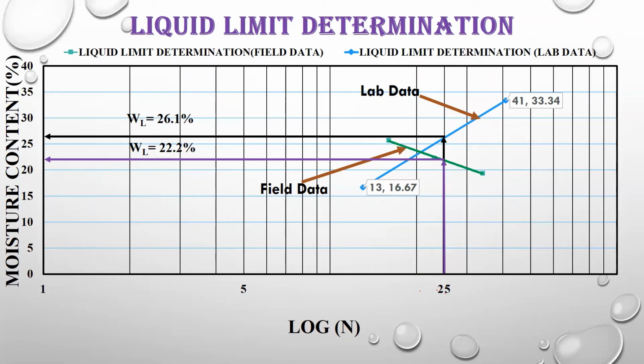Now I am moving towards what I am going to check. You can see I have already discussed in the Excel sheet how you can make this graph. Now the point you are getting at 25 number of blows, you can draw the line over here, and you can find out the moisture content in this way. Wherever it touches, you will get your moisture content, and it is denoted as WL. So you will get one value. For this investigation done by the student, the blue line gives WL equal to 26.1%. That is the moisture content.